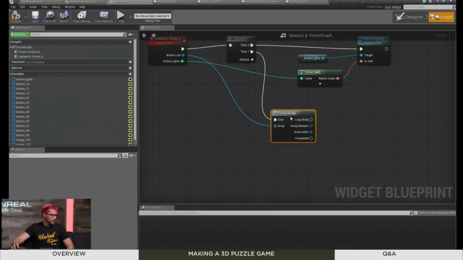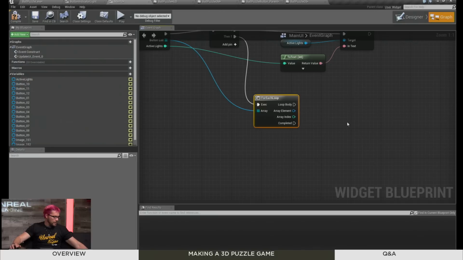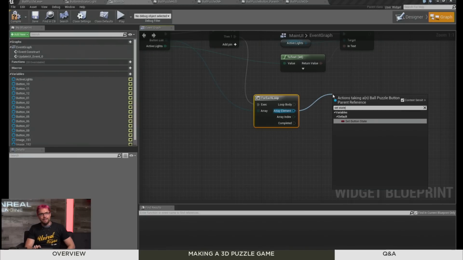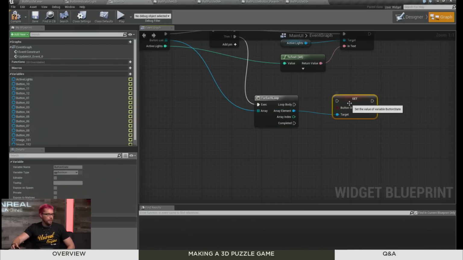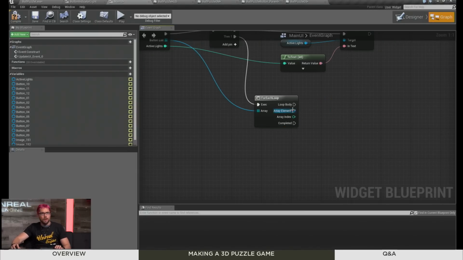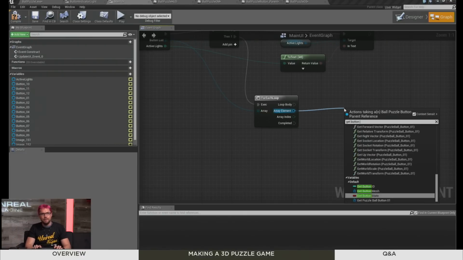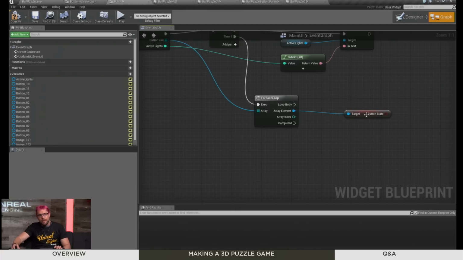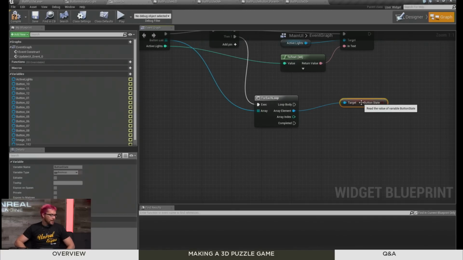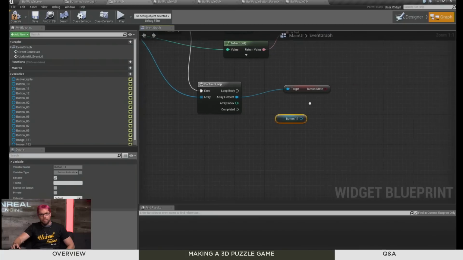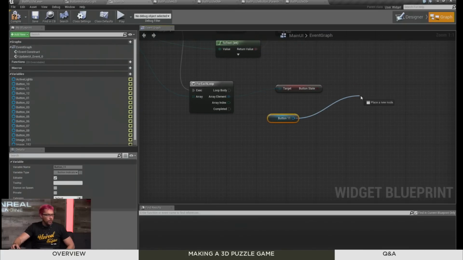So this is just digging through the list, and for each thing in the list, what do we actually want to do? We want to set the state. Remember that thing we did for, I'm sorry, that's not what I want to do at all. So we have our access to the buttons. We want to get the state. So get button state. So now we have access to whether or not that button is lit or unlit. And now what do we do? Well, we have to take each one of these little child user components. Remember the button indicator lights that we made? And we need to